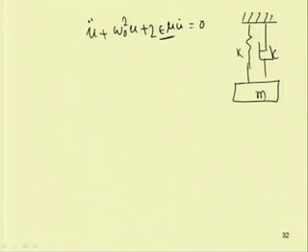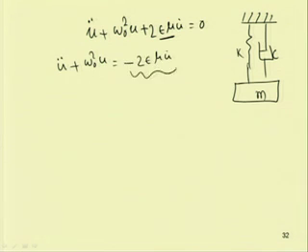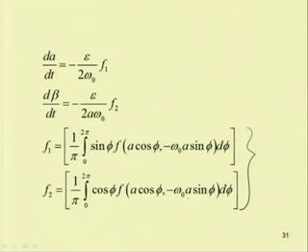Now one can write this equation in the form u double dot plus omega 0 square u equal to minus 2 epsilon mu u dot. So, this becomes our f. Here f equal to minus 2 mu u dot, so this is epsilon f. By substituting f in that form,